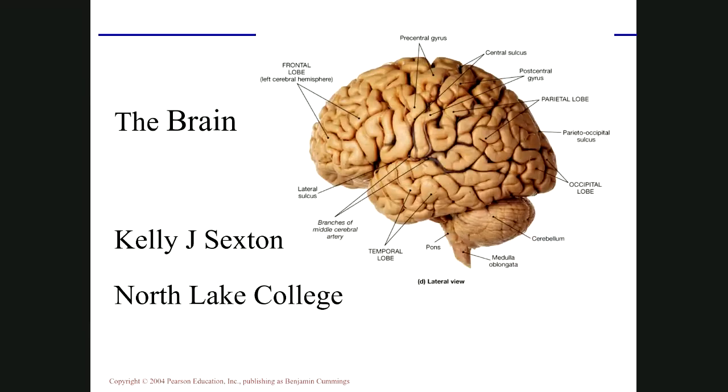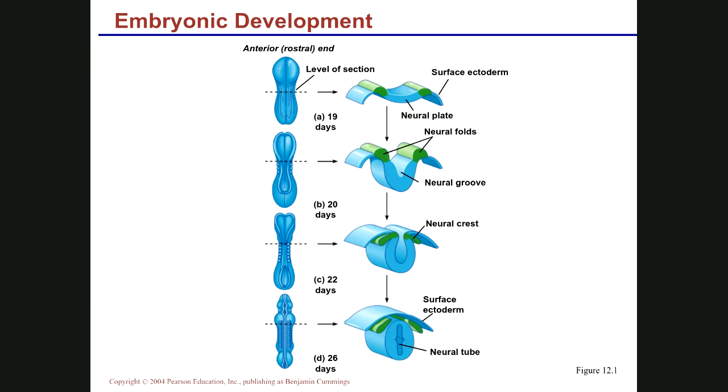We're going to cover the brain. But before we get started talking about the brain, I want to tell you a little bit how the nervous system developed. So if you look at the embryonic development of the nervous system, it looks something like this. Now, of course, there's a whole lot more going on, but along the dorsal side of the embryo, some things